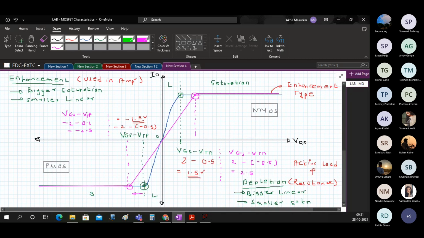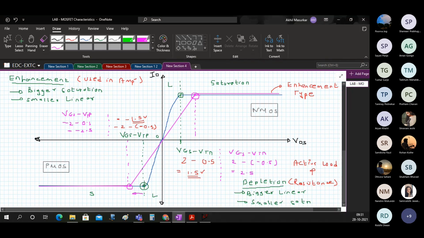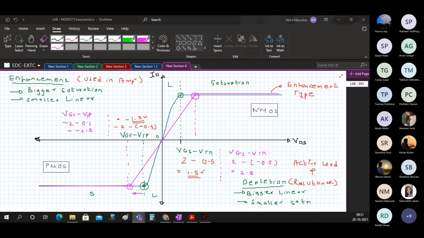So after now drawing these characteristics, these are the 8 characteristics that we are going to see now using LTSpice. So after drawing this, you write done in the chat box and start your LTSpice.